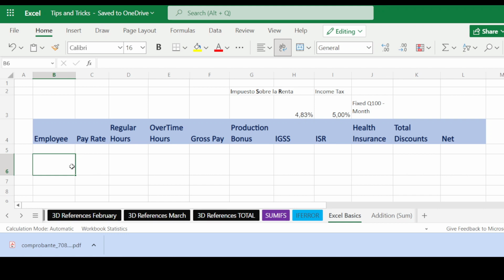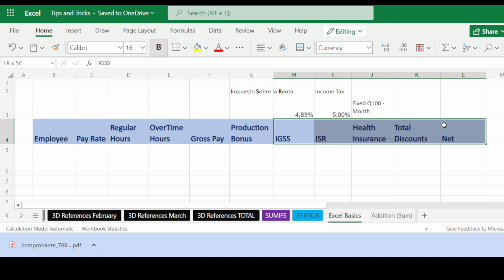And in the next few minutes I'm going to teach you how to calculate your pay using the withholdings or discounts in Guatemala. For example, in this case we have the employee label, the pay rate, the regular hours, overtime, gross pay, and until that point everything is general, but the discounts or withholdings could vary depending on the country. So for this particular country, Guatemala, we have what is called production bonus, which is added to the income, and then we have the discounts or withholding part, which is going to be the